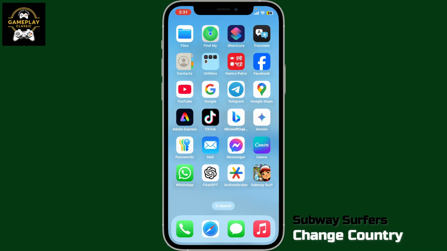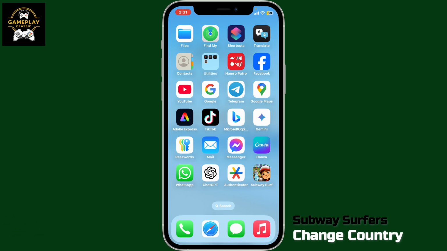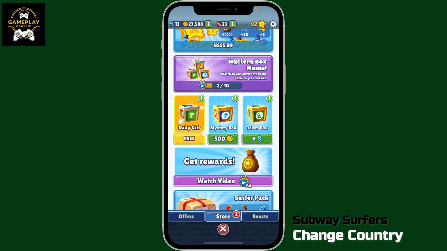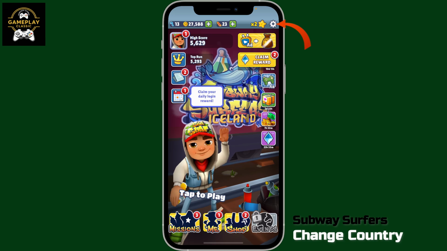In this video, we will be learning how to change country on Subway Surfer. To change your country on Subway Surfer, first of all open your Subway Surfer application on your mobile device. Once you open up your application, from the home section, tap on the gear button at the top right hand